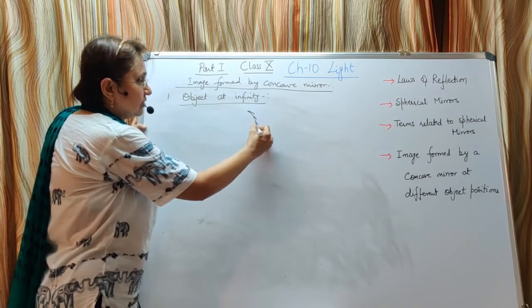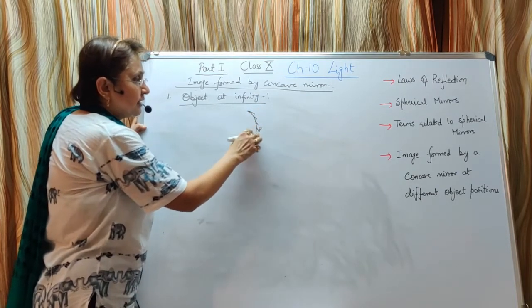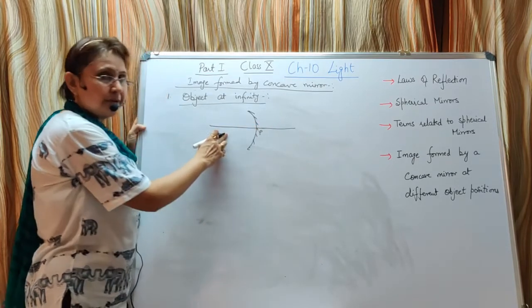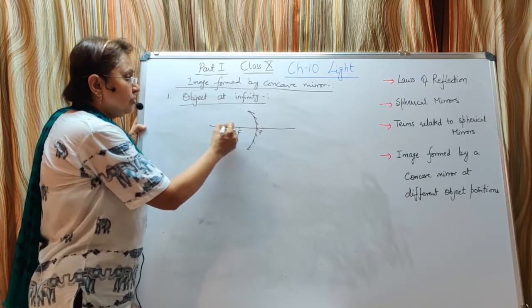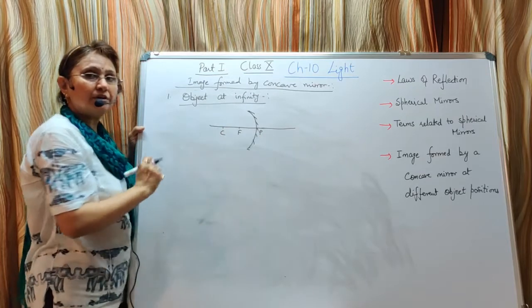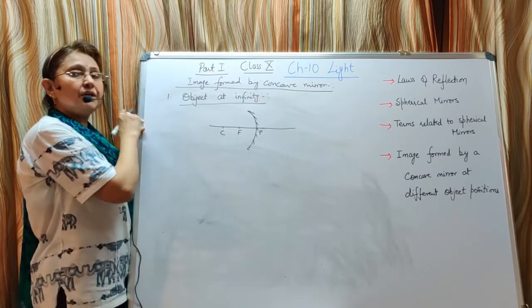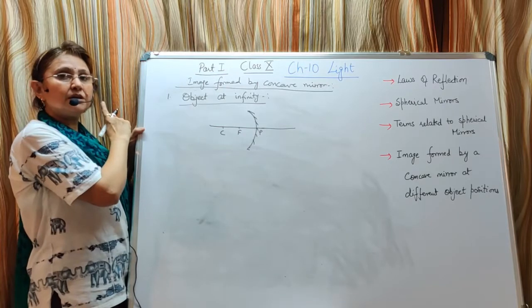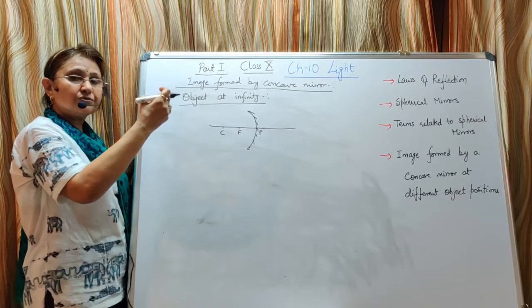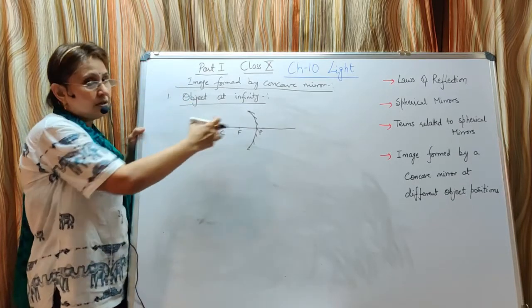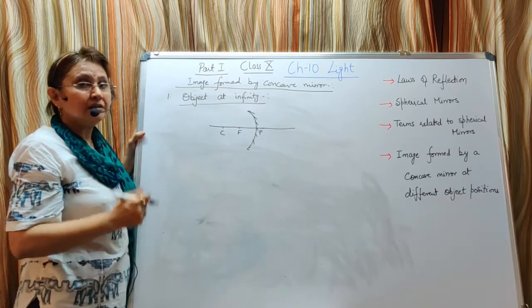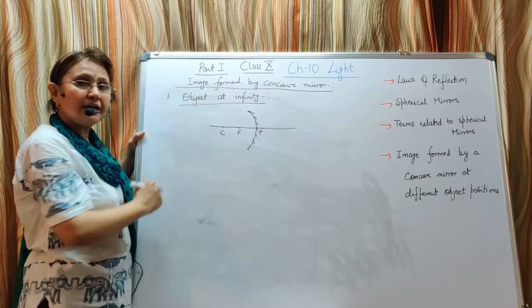Okay, so this is the concave mirror. This center point we call the pole and this straight line is the principal axis. You will draw the figure in such a manner that F should be the midpoint of P and C. Now the object is very far away. You can consider it to be the sun. So the object is at infinity and how are the rays from the sun coming? When they reach the earth's surface, they become parallel to each other. So the incident rays are parallel to each other when the object is at infinity.